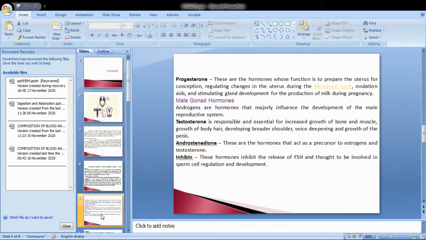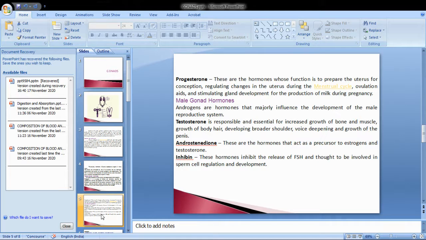Androstenedione: these are hormones that act as precursors to estrogen and testosterone. Androstenedione acts as a precursor to estrogen and testosterone. Inhibin: these hormones inhibit the release of follicle stimulating hormone and are thought to be